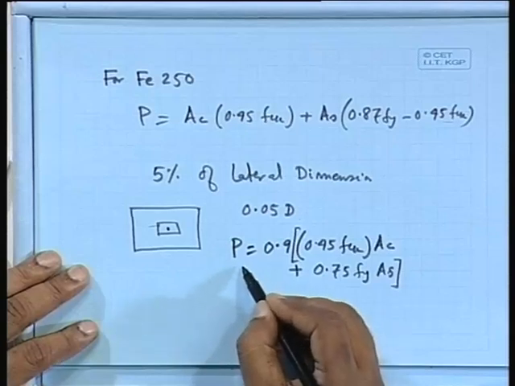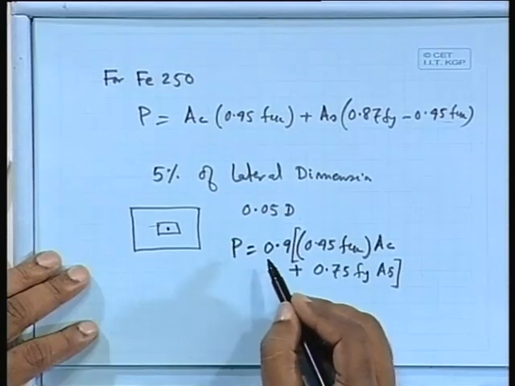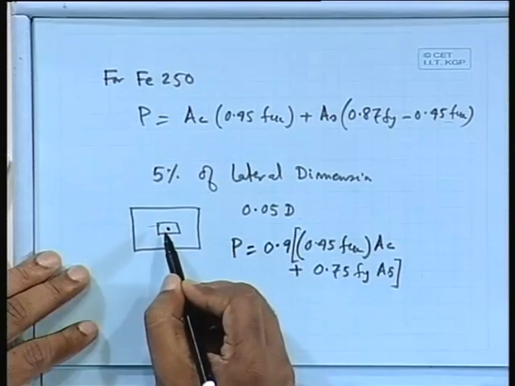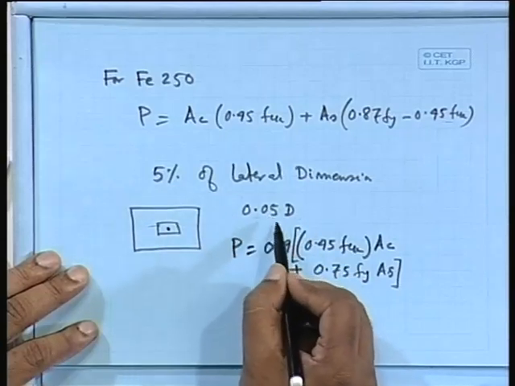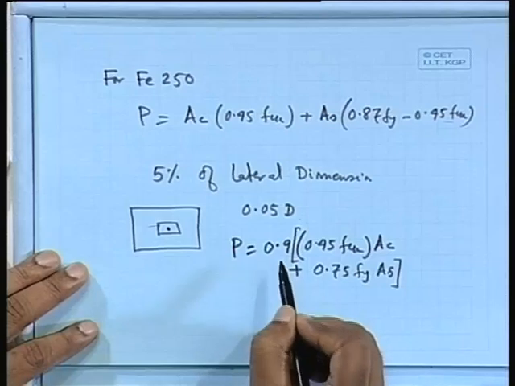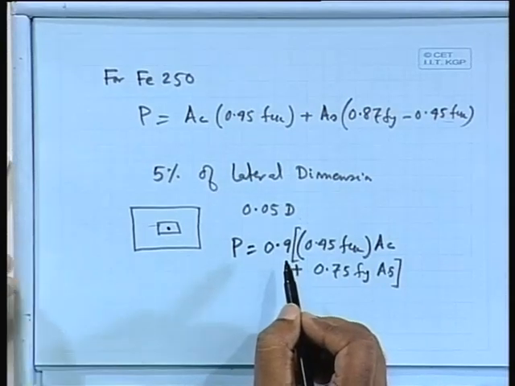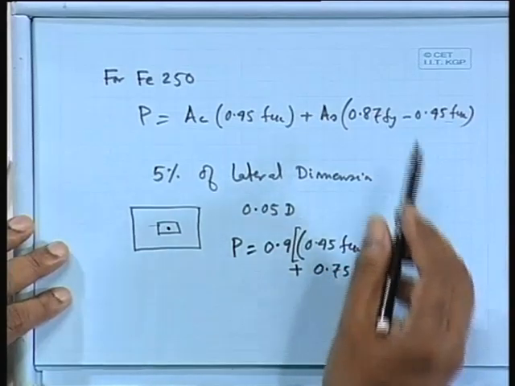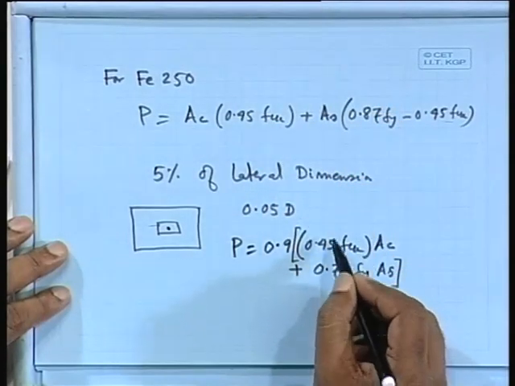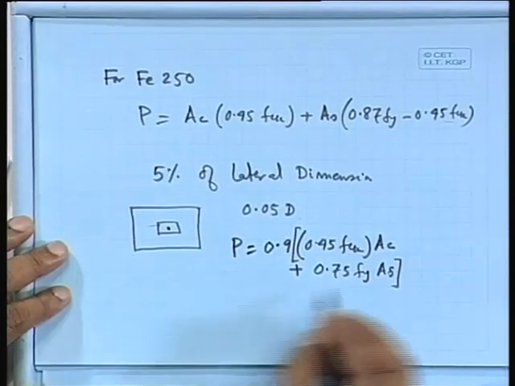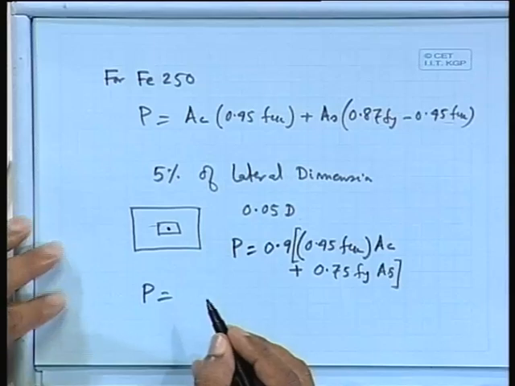We shall take it as the allowable one, because we know that we shall not be able to construct it without any eccentricity. Even if we know that it goes maximum 5%, in that case we are reducing this value. That means if we provide a section with some reinforcement on the basis of the maximum allowable load that we can compute, whatever value you have computed, you take 90% of that. If we take 90% of that, then what we will get here, P will be equal to,